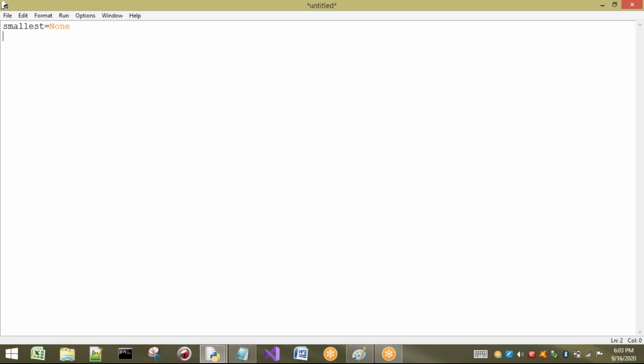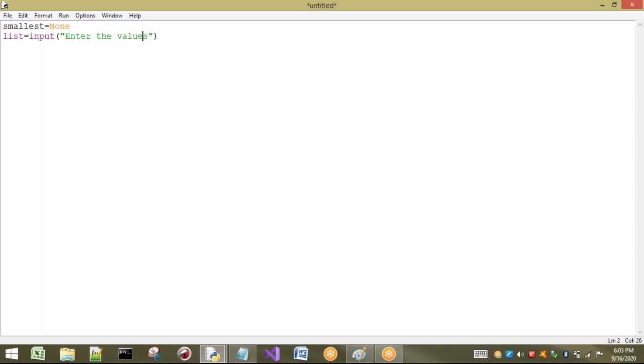Now I want to take n number of values, so I want to read from the keyboard. I am going to take it as a list. To read from the keyboard, I have to input the data. So input of n number of values, I will write "Enter the values".